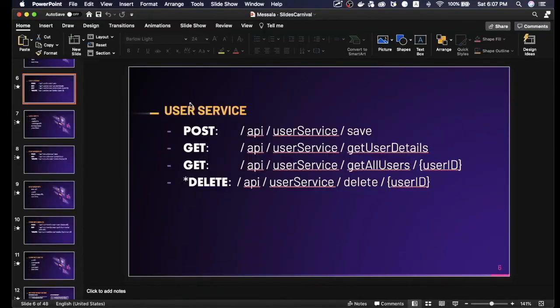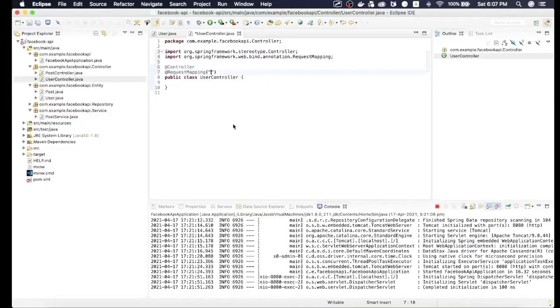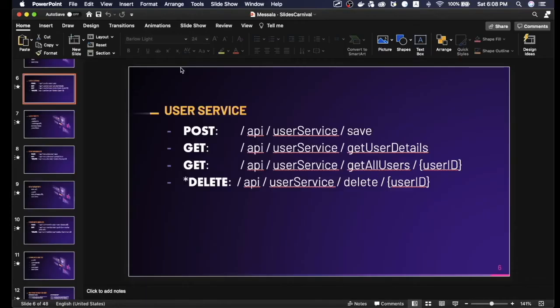So over here you can see, as per our documentation, the common request URL for this class will be API/user service. So let's also implement that. So over here we will give API/user service. So since now over here we have defined the general controller for this user service class, let's now define the